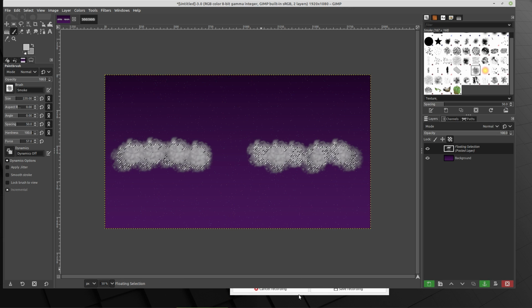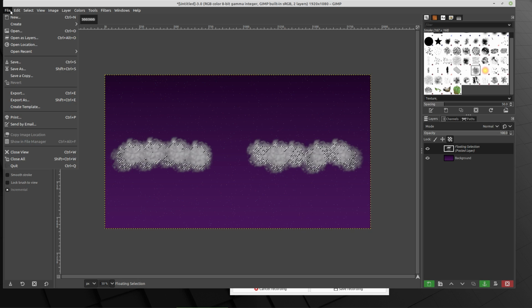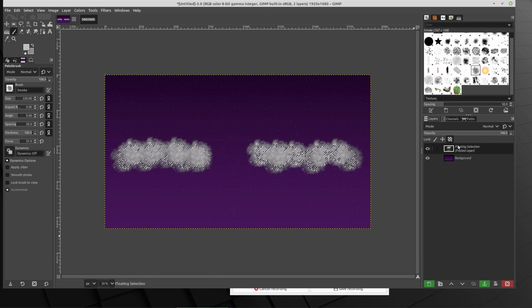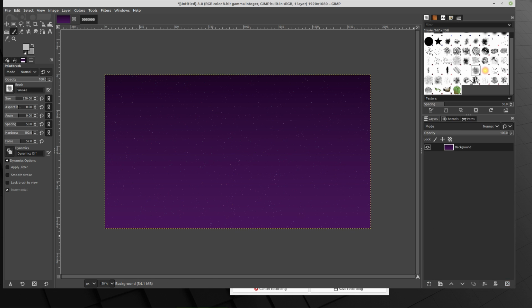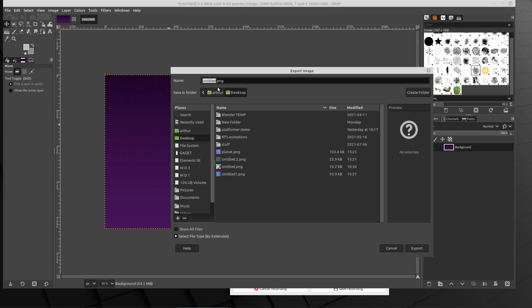So we're probably nearly out of time here. We'll export these. So export as. I'll just put them onto the desktop and move them manually into the project file for the next one. First, before we export that, we have to delete this layer. It doesn't belong there. Let's get rid of that paintbrush tool. So file, export as,